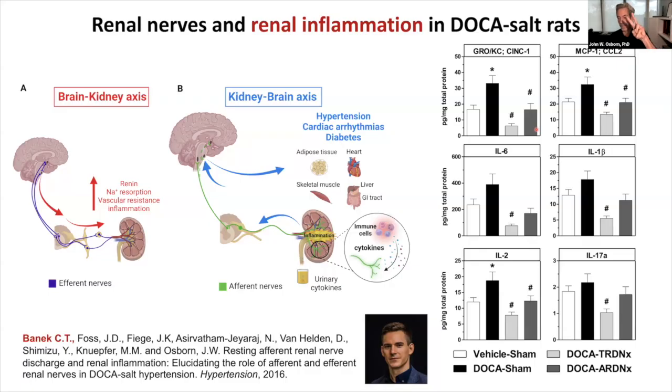So there's two things I want you to pick out of this. One is cytokines are elevated in the kidney, which we think stimulate the sensory nerves, but also the inflammation in the kidney is dependent on innervation of the kidney. So there's been a lot in our field about how sympathetic nerves can attract immune cells, can activate afferent nerves, and there's that vicious cycle and what we're trying to figure out.